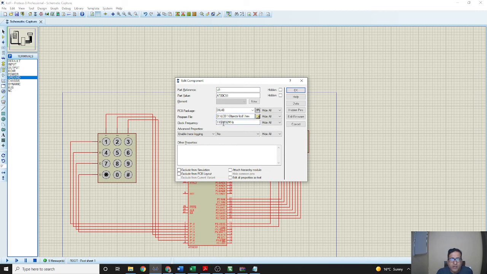Okay, actually the clock frequency is wrongly typed here, 110.0592. It should be 11.0592. A 10 is extra inserted here, so we will delete it. Now we will check.